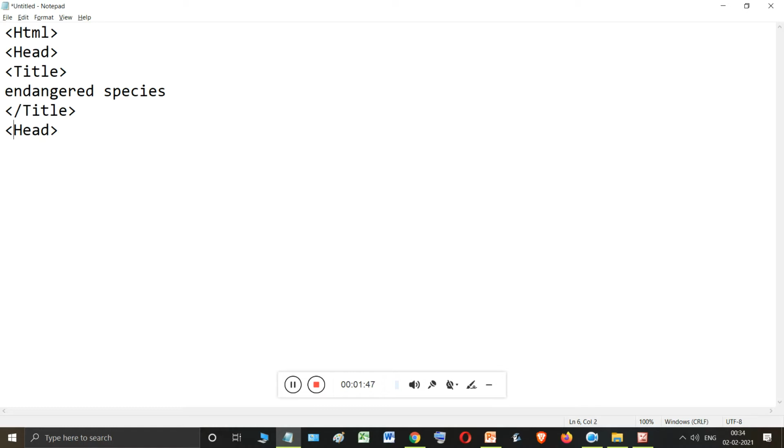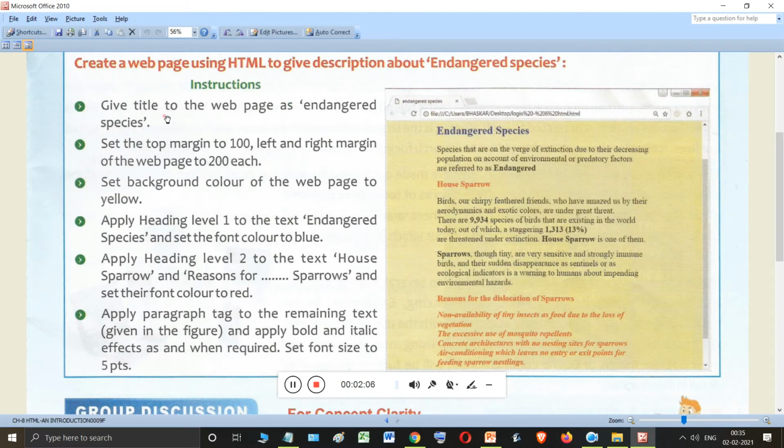So let us close the head tag. And now the first instruction has been done. Whatever further coding we do will be done after this head tag, in the body tag. So our first instruction is done: to give the title of the web page as endangered species.